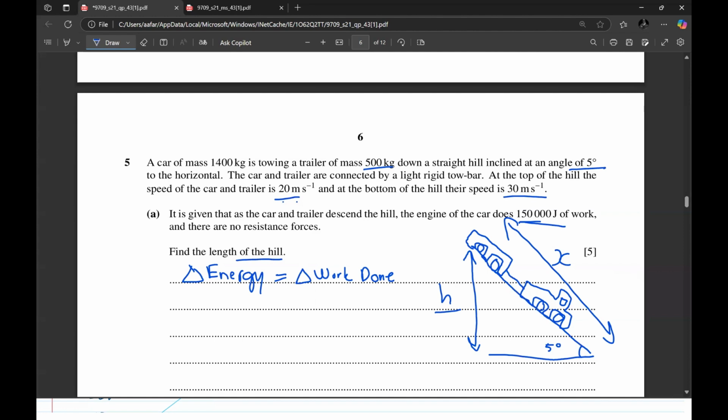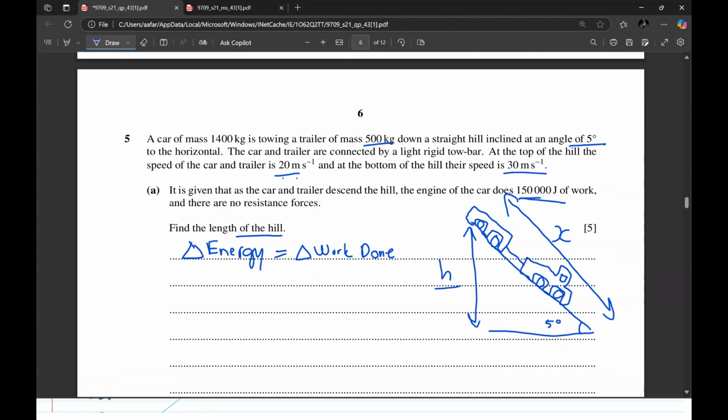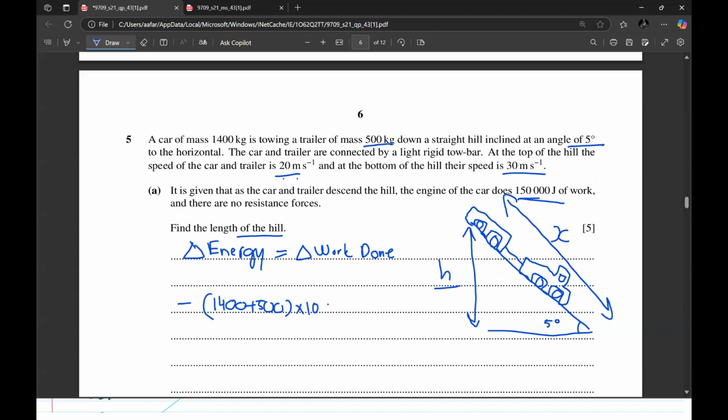We know that it has some gravitational potential energy over here since it's at the top of the hill. So what is that gravitational potential energy? Since it is decreasing, when it reaches down the hill there will be no more gravitational potential energy, so it has lost that energy. So we subtract the gravitational potential energy: the mass of the system, which is 1400 plus 500, both the car and the trailer, times gravity, 10, times h, which is what we need to calculate, plus